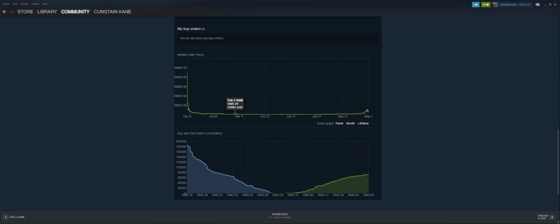But at least for game items, because it's all online, it's fairly stable. This stuff did not fluctuate a lot because this is just an online item. These aren't real like